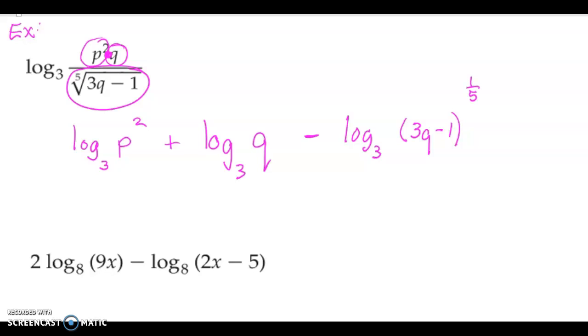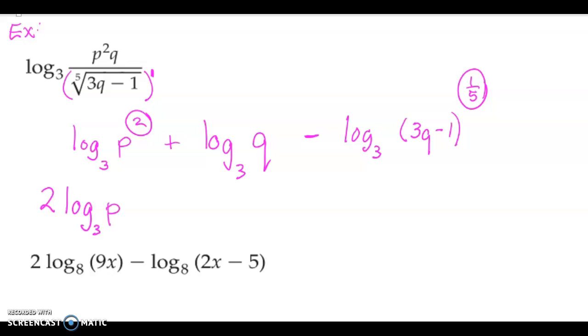Remember how I taught you a couple days ago to take it out of the radical? It's the exponent divided by the root. So we have 1/5 power. Okay, the only thing we have remaining to do is to move our powers out in front of the word log, and then it is completely expanded. So we have 2 log base 3 of p plus log base 3 of q minus